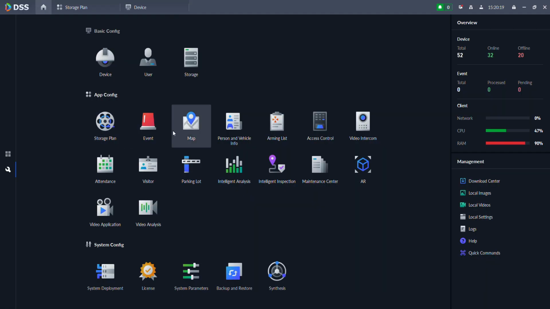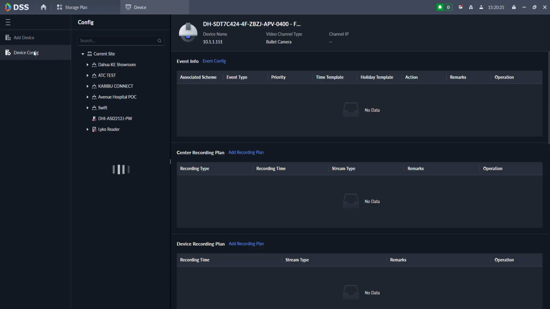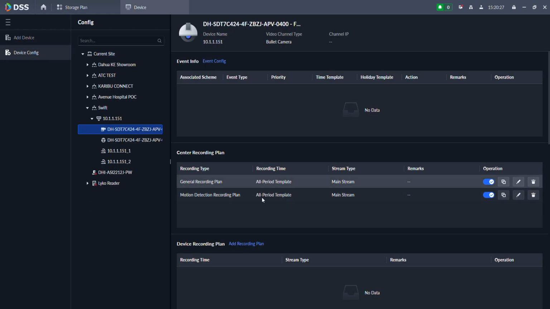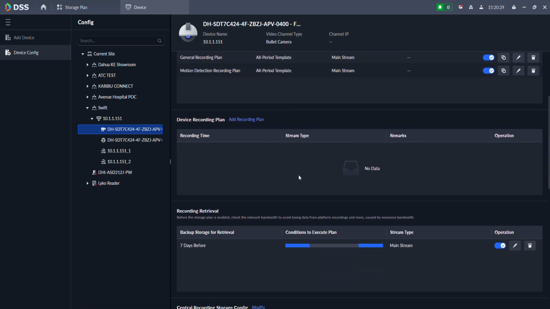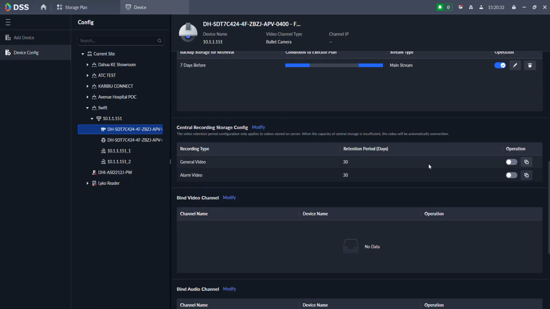Then I want you to note, if I go back to device, go back to this camera, device config, you will find all the plans we just configured are also highlighted for every channel. So it makes it easy to even troubleshoot for this specific